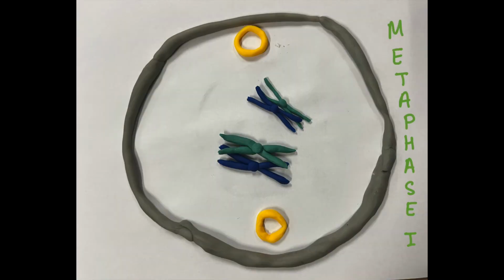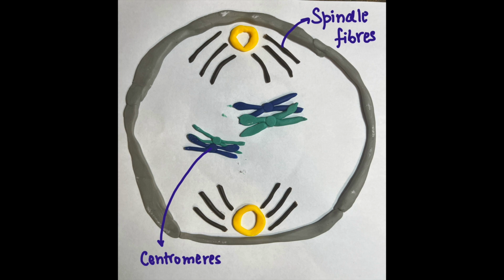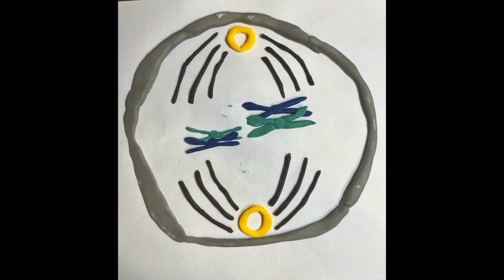During metaphase 1, the homologous chromosomes line up in a random fashion at the center of the cell. Spindle fibers attach to the kinetochores. The orientation of homologous pairs at the metaphase plate is random, which means that each pair can line up in either orientation. This process is called independent assortment, and it creates genetic diversity by producing different combinations of alleles in